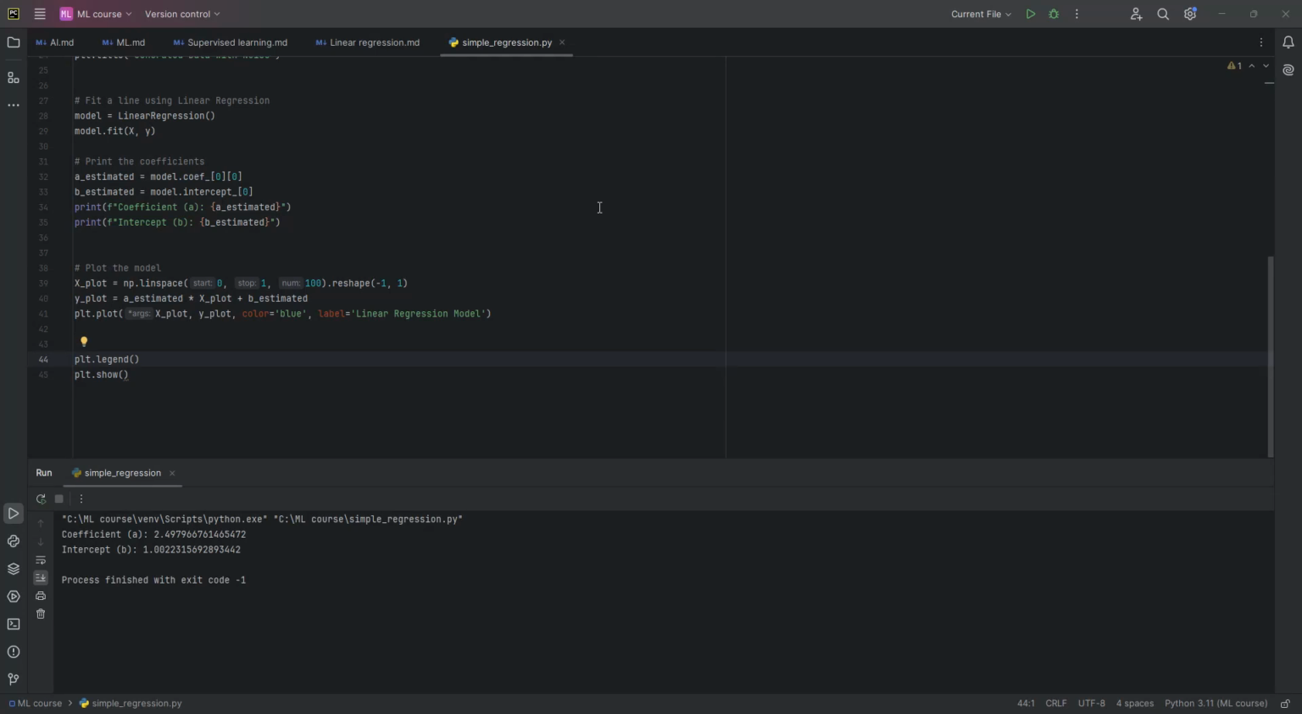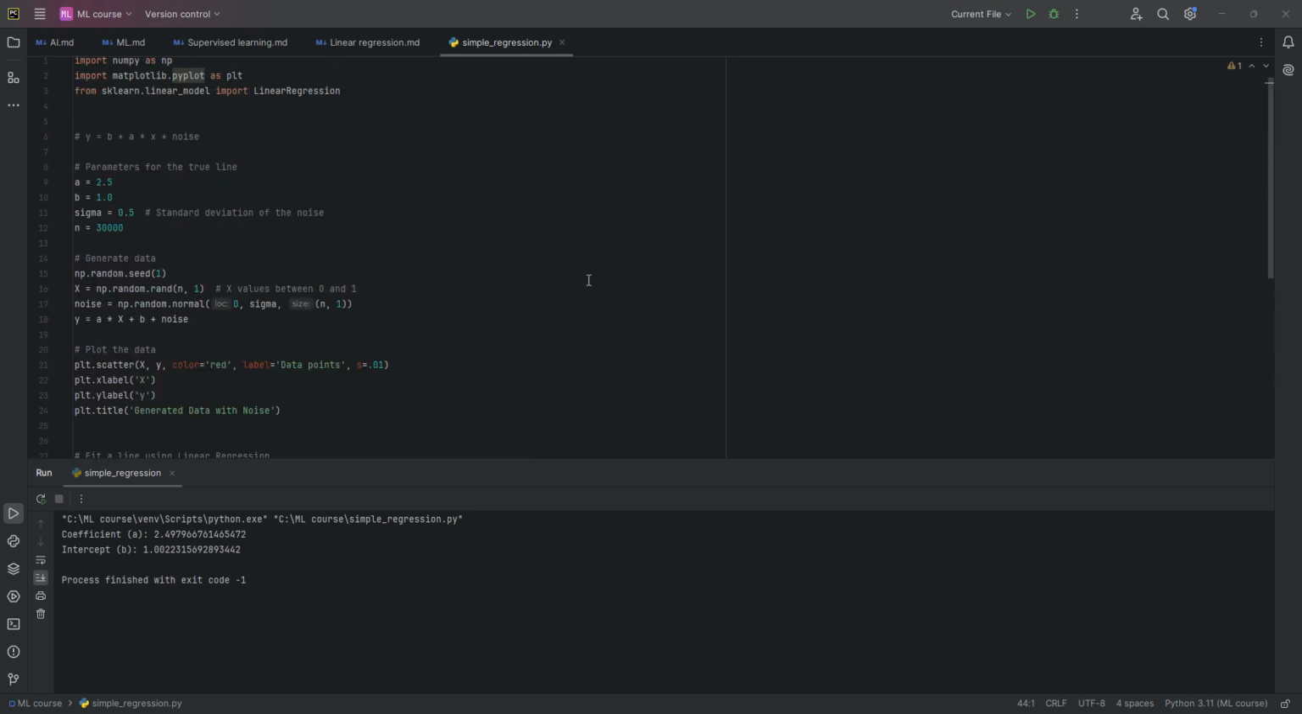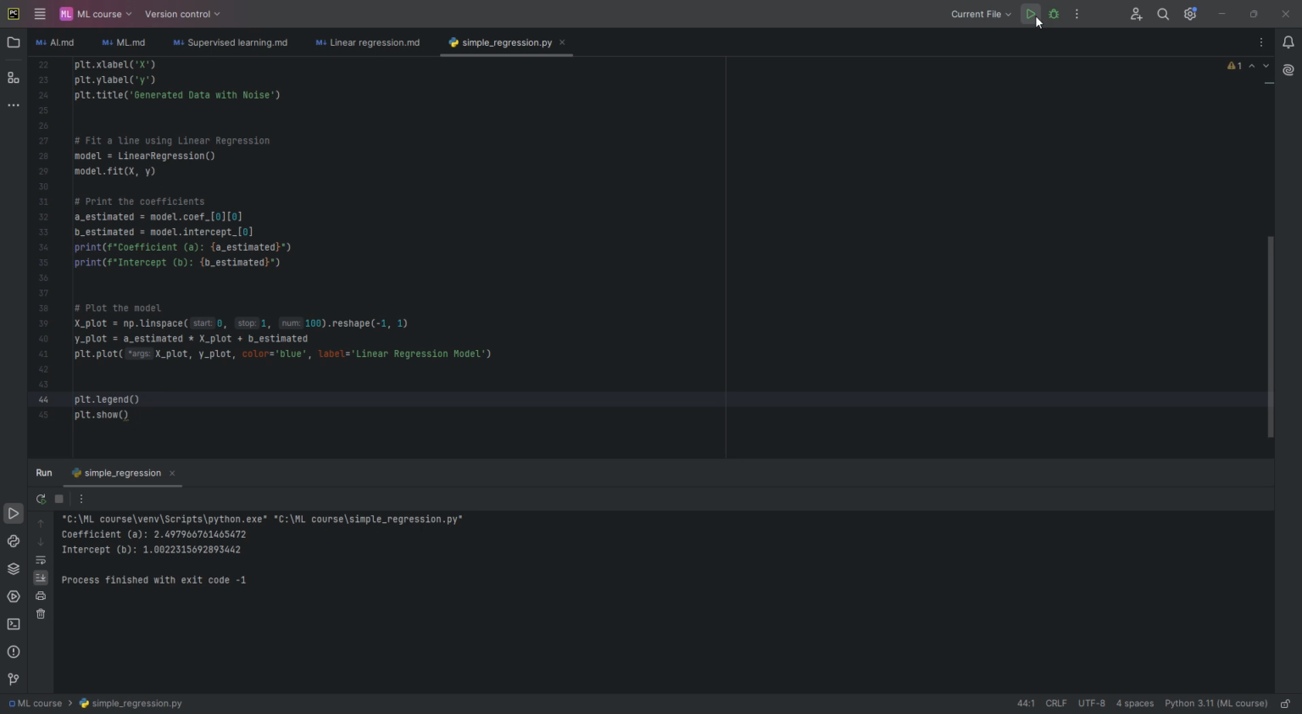So welcome back to the machine learning course. In the last video, we talked about linear regression and we made an example for simple regression. Simple regression is basically when we have one feature for the input and one output. And if we run the code that we wrote for simple regression again,